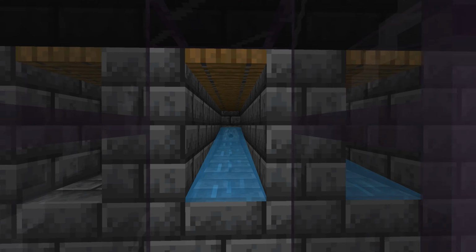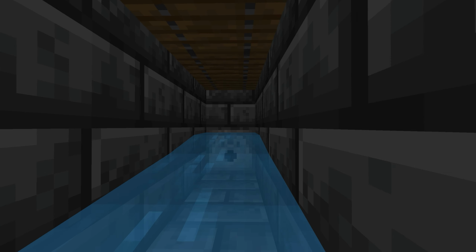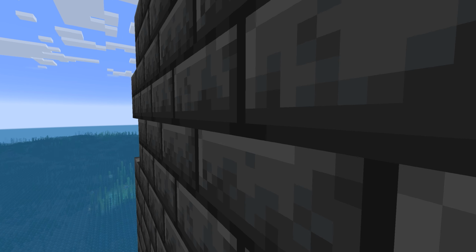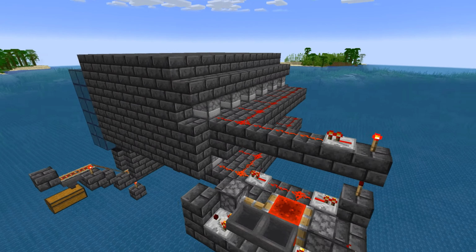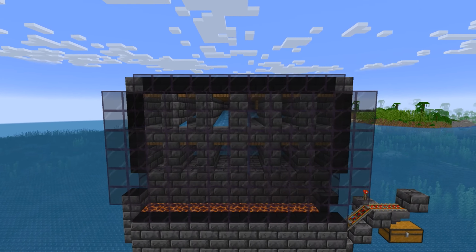The farm design I'm going with is an old one actually. I'm not sure who came up with it first, but it uses these corridors here with trapdoors on the ceiling so only creepers can spawn. Then we have dispensers that are hooked up to a timing mechanism that will dispense water every so often. This is the timing mechanism I came up with really quickly, and the water will wash the creepers off into magma blocks, which then the gunpowder will be picked up by a hopper with a minecart and deposited into a